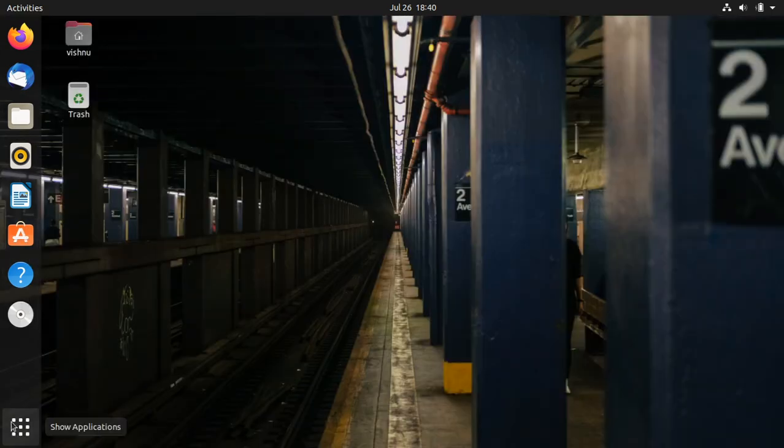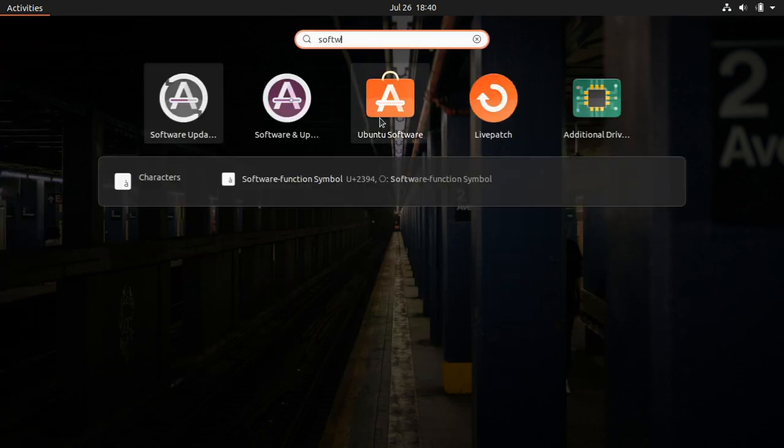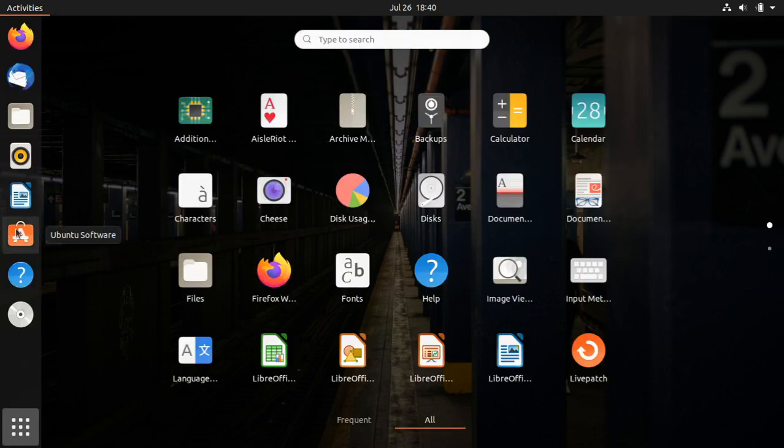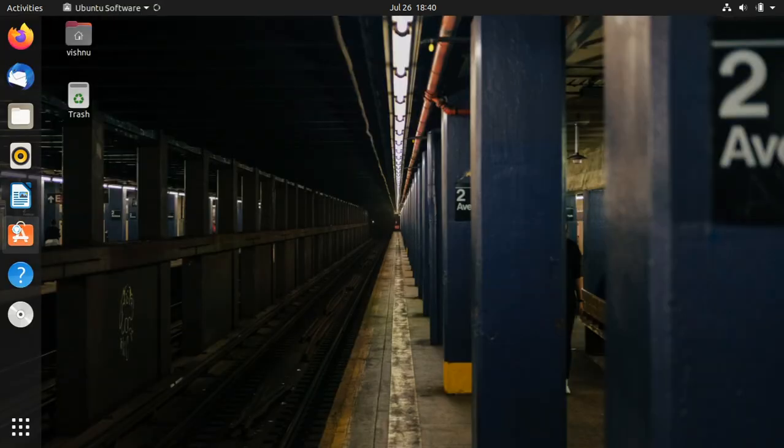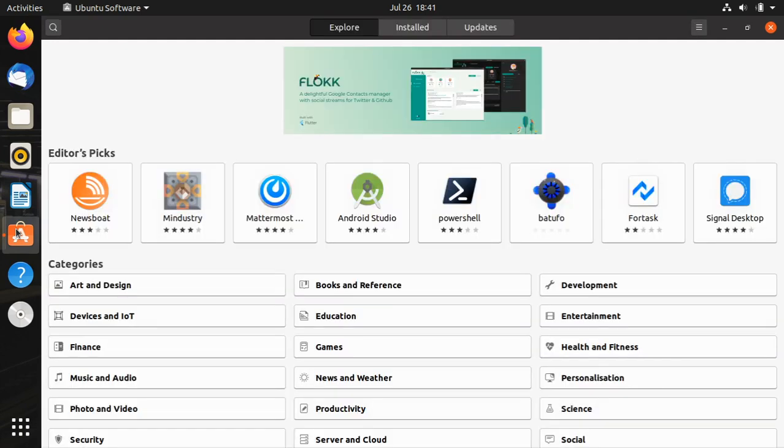And now after the software list is updated, we may go to the Ubuntu Software Manager, which is even listed here, or you can find it even from here. Software Manager, that's here, or Ubuntu Software. So I am clicking on this Ubuntu Software to locate SageMath. So again, taking a while for downloading a few lists of software, etc., and application ratings. So it shows a list of software available for installation.